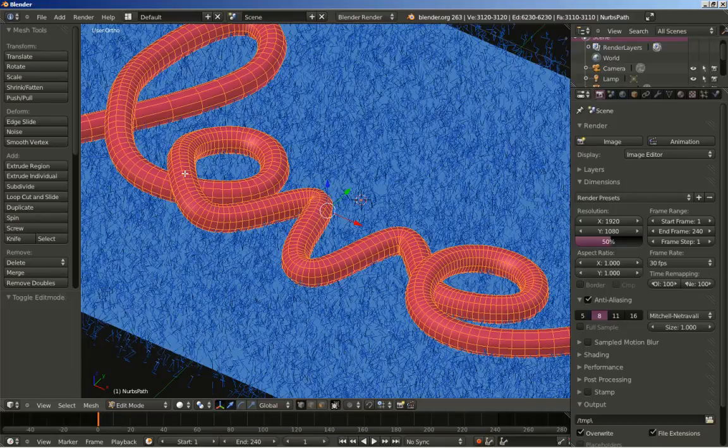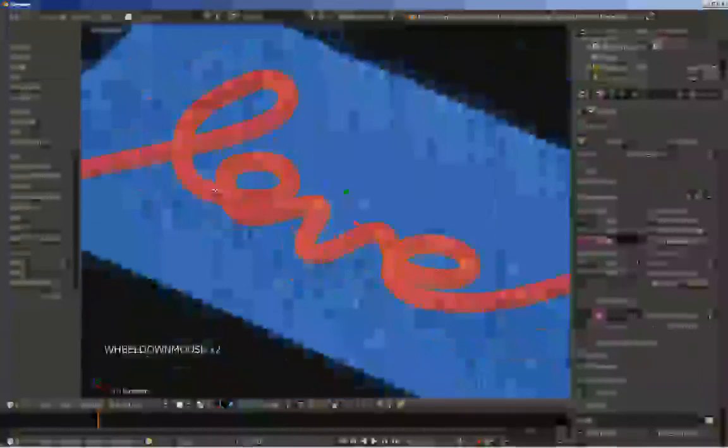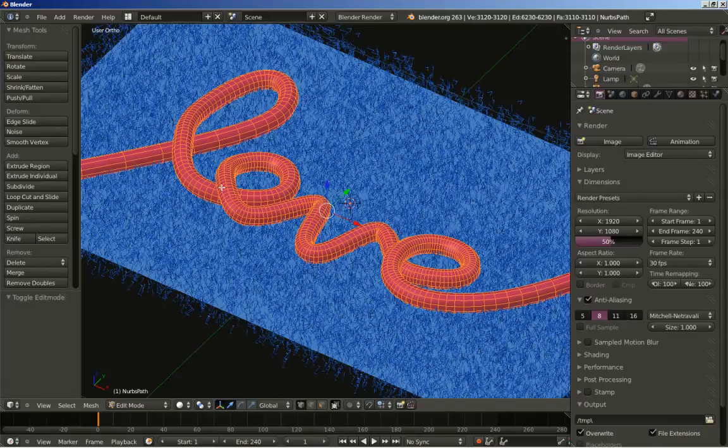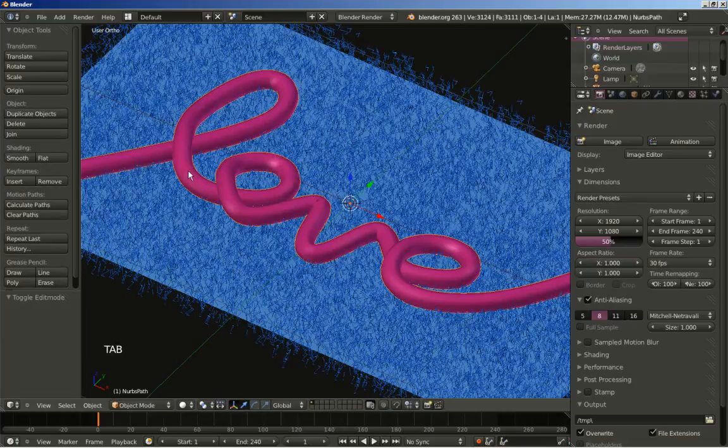Good thing is that we can add some modifiers, but bad thing is that we cannot further change the shape of the spline or the object with the points of the curve like we did before. But since we have a result we like and the text and the spline looks nice, it's time to move on. So I'm converting this to a mesh, and I'll hit the tab key to switch back to object mode,